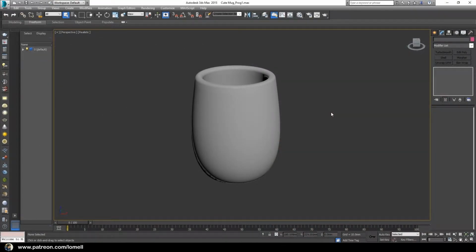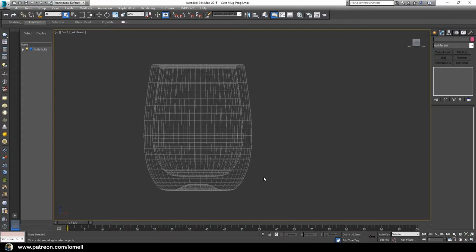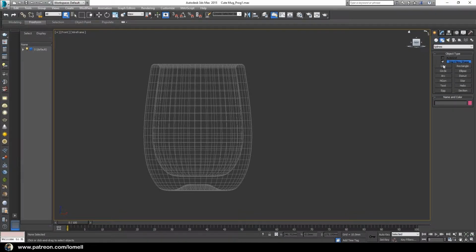Okay, so let's head back to front view and navigate our object over here and press F3 so that we can see into a wireframe mode. And let's go back to create tab and shapes, and I'm going to create a line object once more. So 1 2 3 4 5 6 7 8 9 and 10, and right click once more and go to